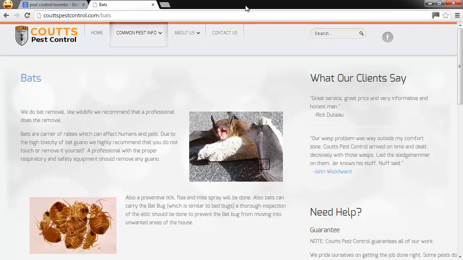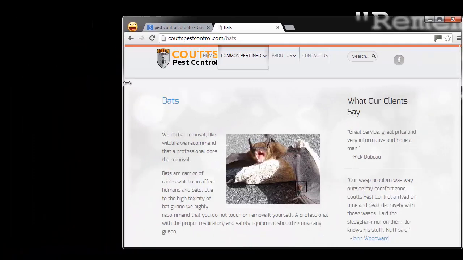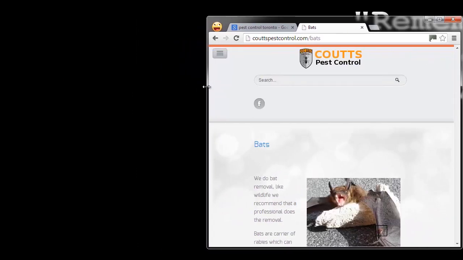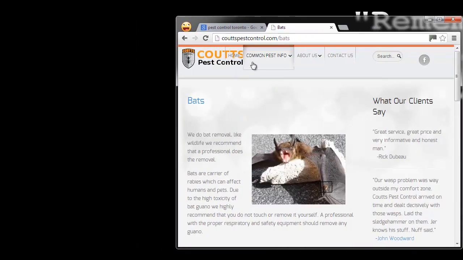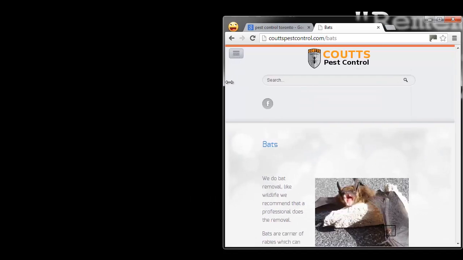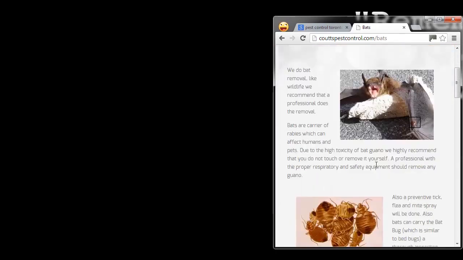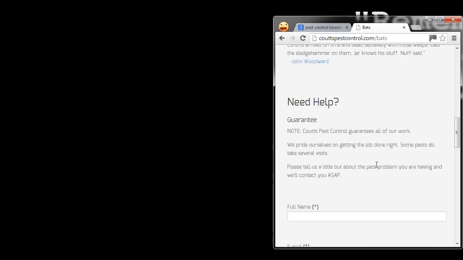So in this case, if I take this website and just shrink it down a little bit, we're going to see that it actually begins changing itself. See that modification there, where the menu changes and jumps down, and now it's hidden in a different place. So if I look at this on a mobile device, even a mobile phone or a tablet, it's going to look great. So you definitely want to have a responsive template that can handle different screen sizes,